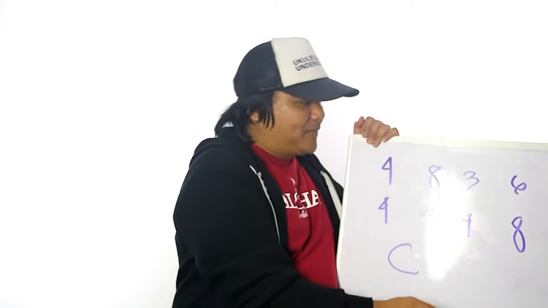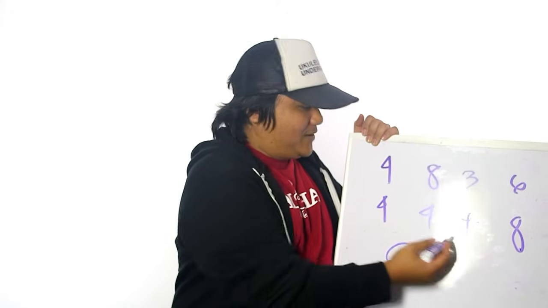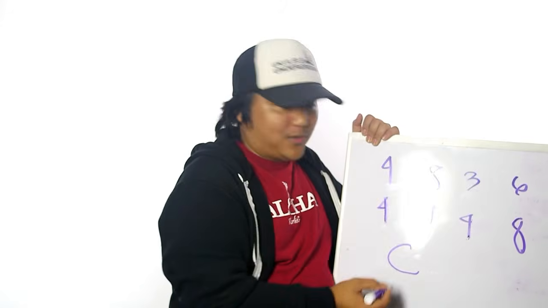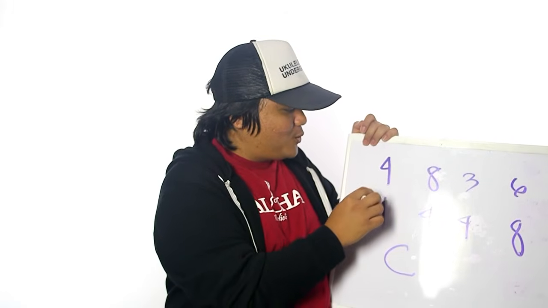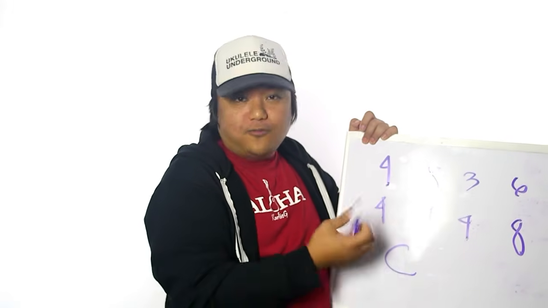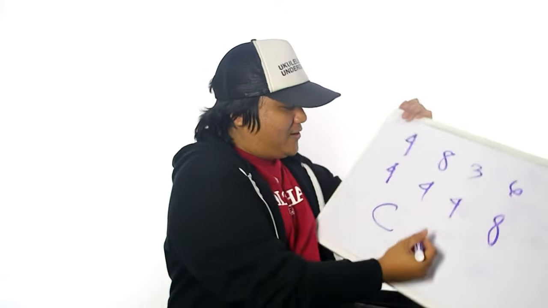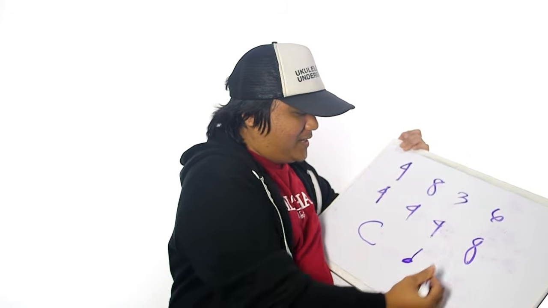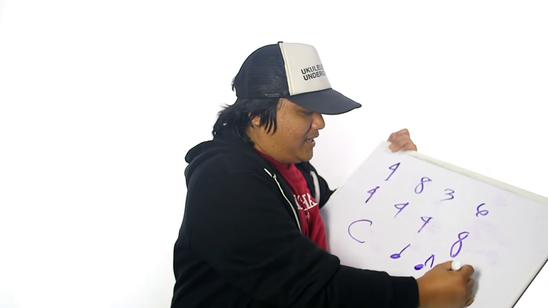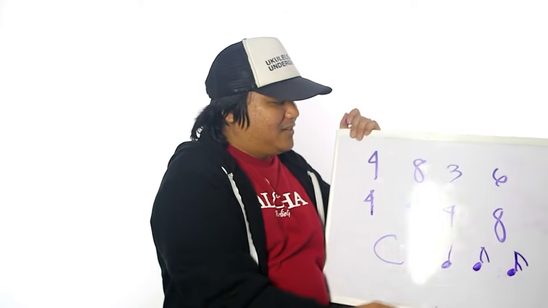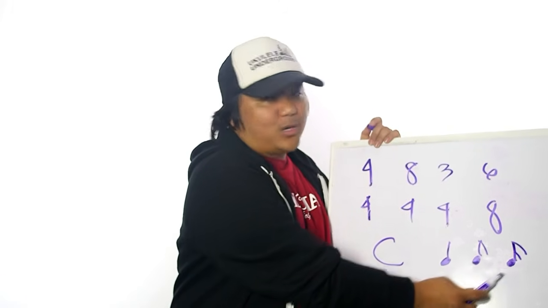Now here's where it gets interesting. 6/8. Now 8 is double this number right here. What the bottom number indicates is how long you're going to hold each one of those. We said that in 4/4, the 4 was 4 beats, so this tells us how long we hold each beat. Here is a quarter note, here is an 8th note, and here is a 16th note. This gets 1 beat, this gets half a beat, and this gets a quarter of a beat.